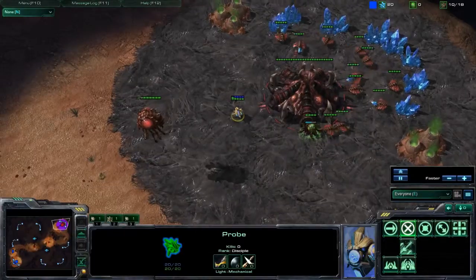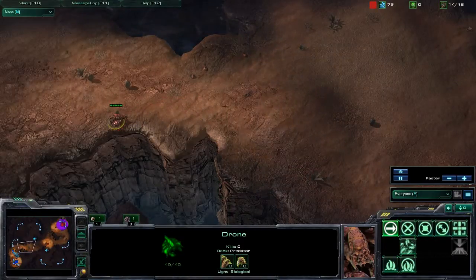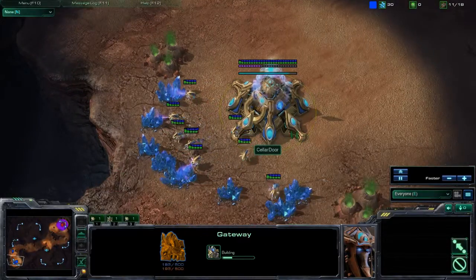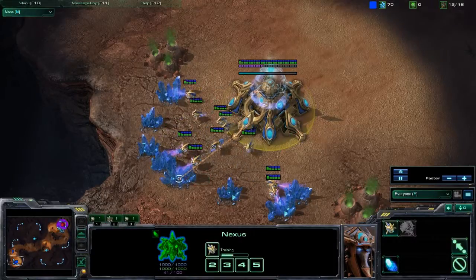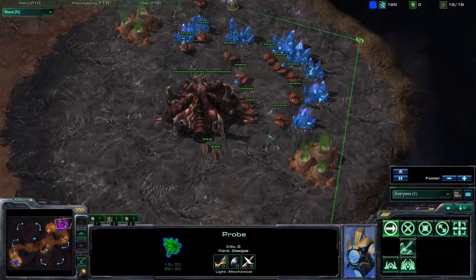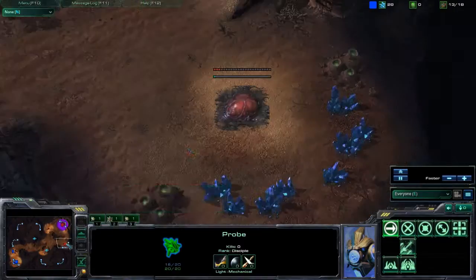Here we can see GoMeZ spamming around. And there's his drone. Standard pylon gateway build for CellarDoor. Chrono boosting out some probes, trying to get himself all ready. Putting a standard circular sweep pattern, looking for that spawning pool, but he is not going to find it, as GoMeZ is going to go ahead and throw down